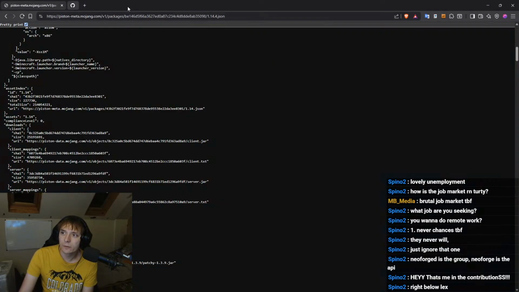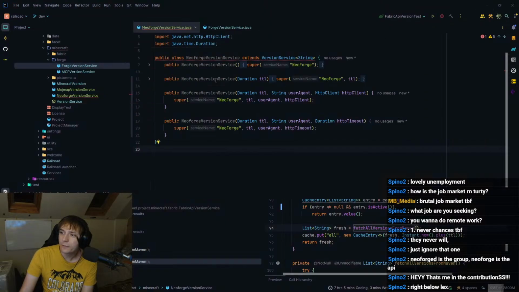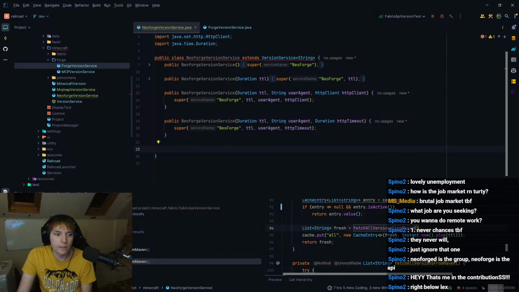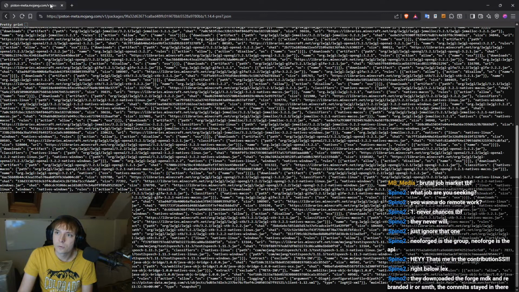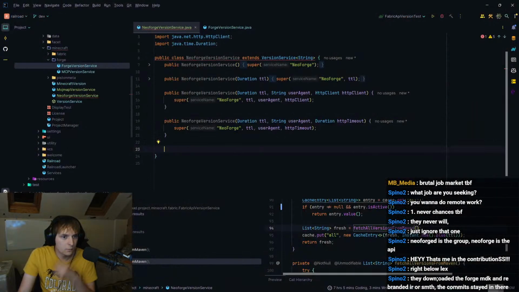Even though we do only have another half an hour left, and I usually end when we have half an hour left, I think we can probably get this done in half an hour, so we'll continue. So we can use the Maven metadata. Now, I think I have unfortunately accidentally gotten rid of it. Yes, I have accidentally got rid of it. Here we go. Found it.